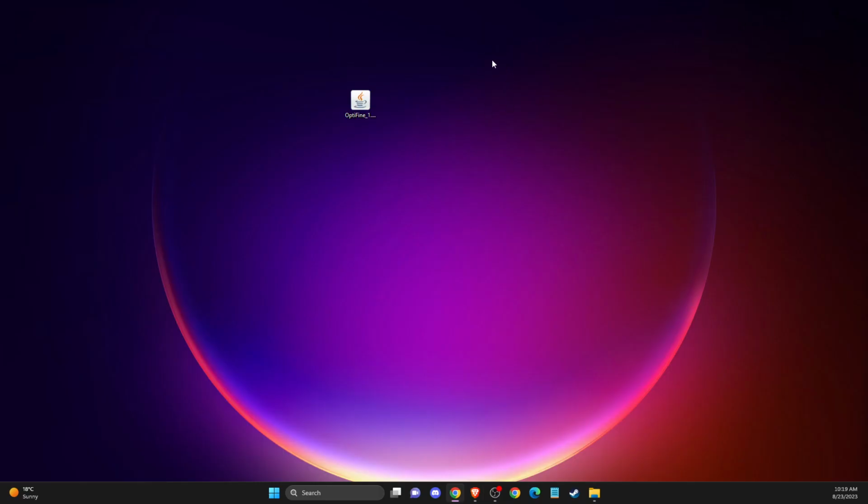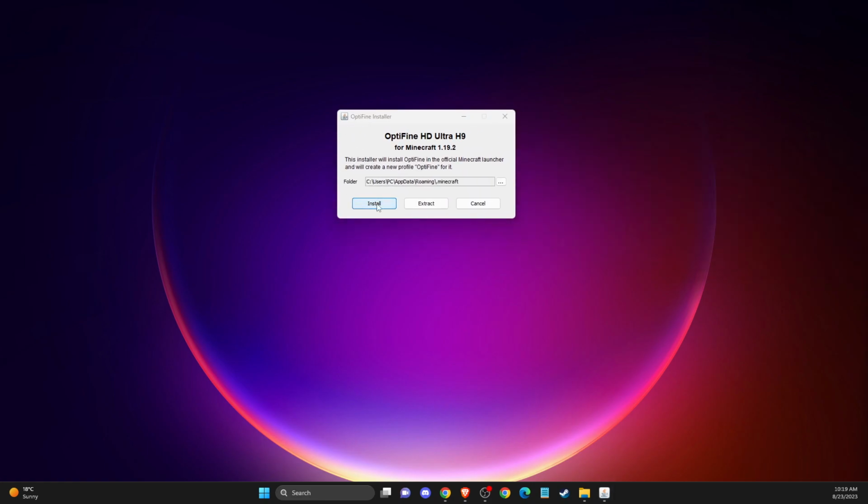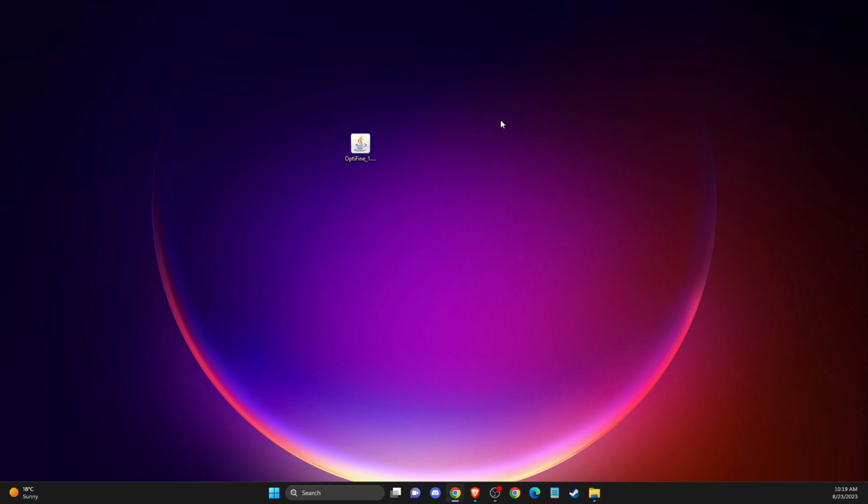And once you do that, then on your downloads or desktop or wherever you save the file, it should appear here, and then you just need to click on that and then press install, right? And if for some reason this is not working, then you need to check if you have